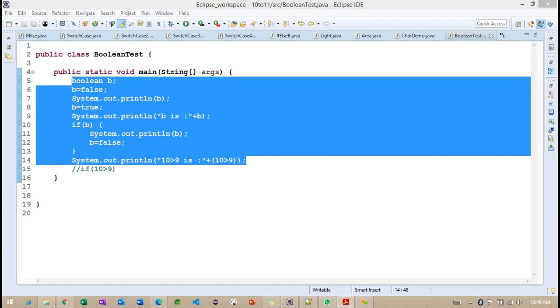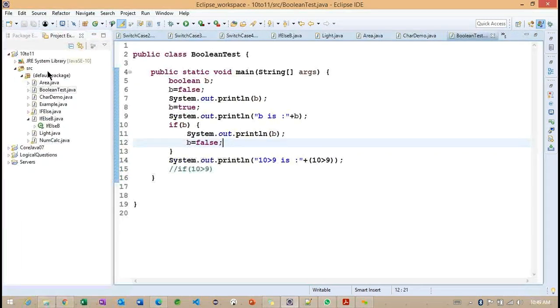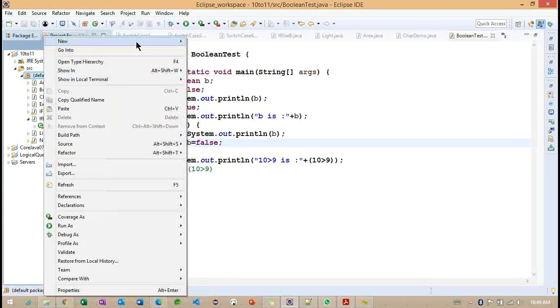Okay, any questions still regarding this particular Boolean data type? No, sir. Now I will move on to one more important example. String related information we are going to discuss in our upcoming classes. Now we'll check the scope and lifetime of a variable. What exactly is the scope, and what is the lifetime of this particular variable? This is also a very important example, so observe here.